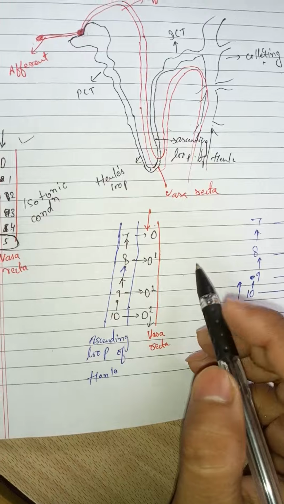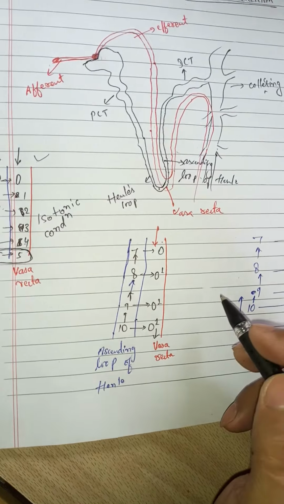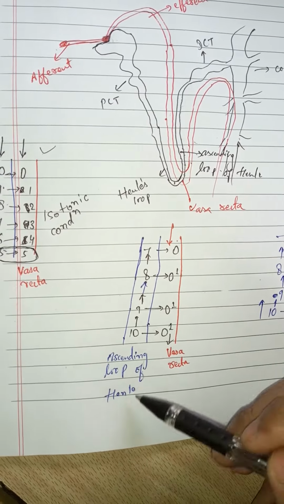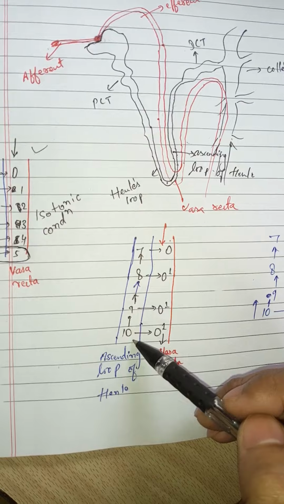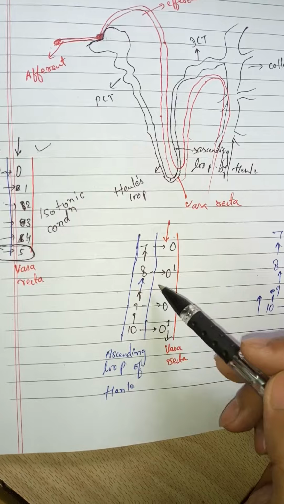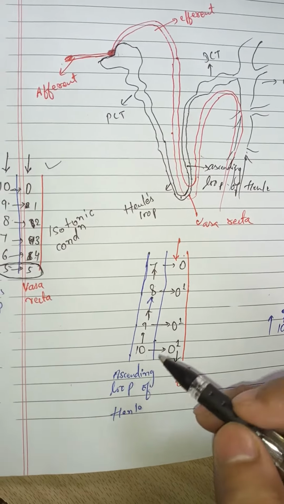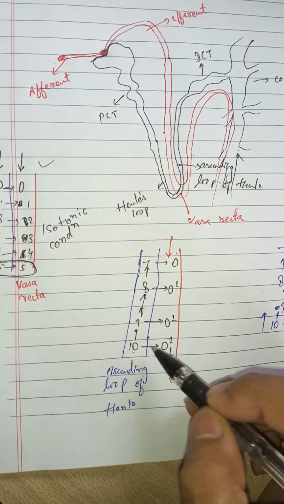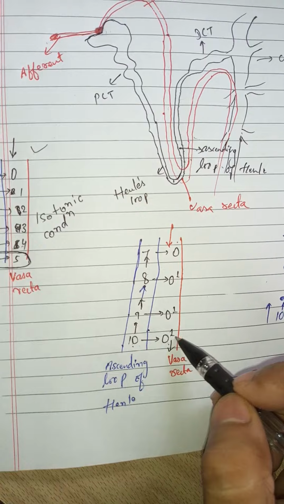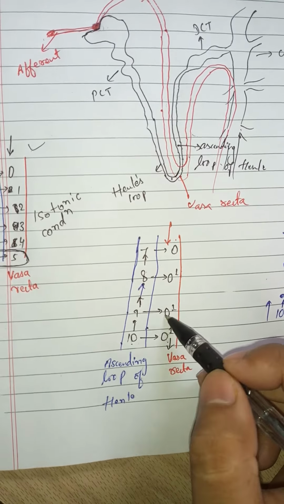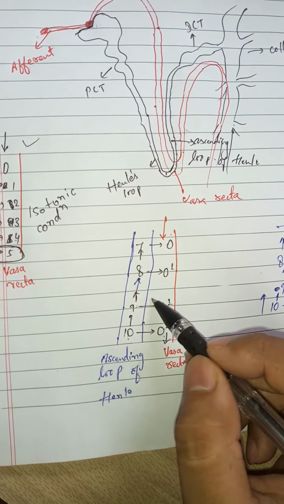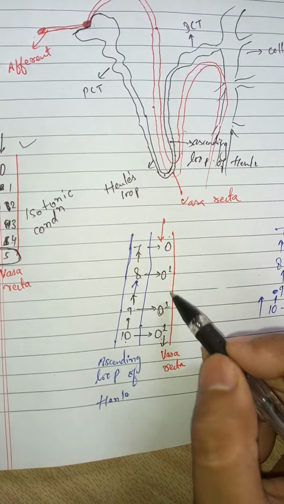So to overcome this problem, the body has made the counter current mechanism. What happens in it? In this ascending loop of Henle and the vasa recta, the direction of both is opposite. So here what happened, if it is 10, then here will be 0, starting from the 0 it will leave 1. When it leaves 1, it will go downwards, and again it will be 0 here, and this one is 9 already, then it will leave 8 here, and again this one goes down,